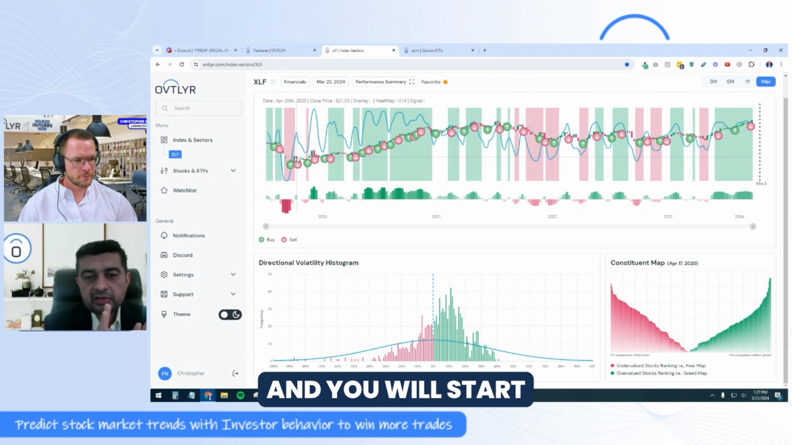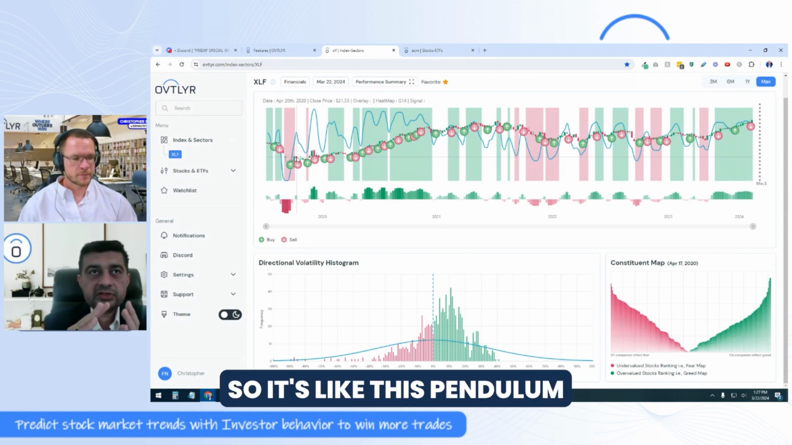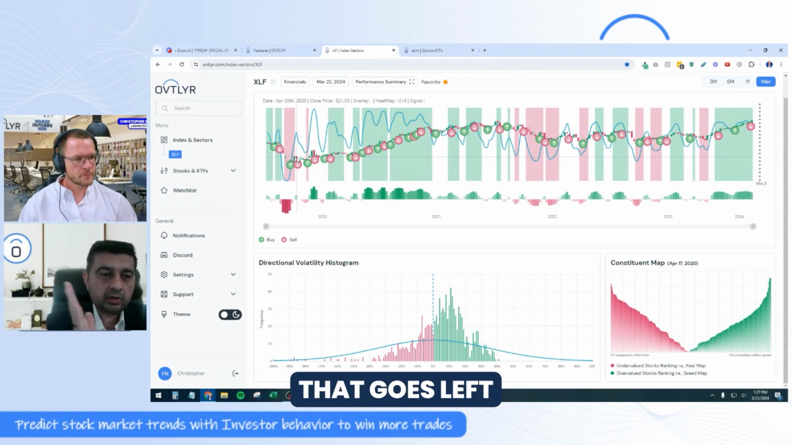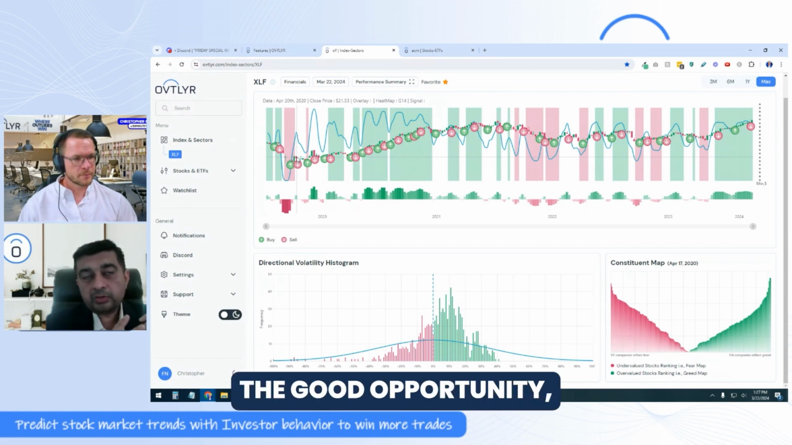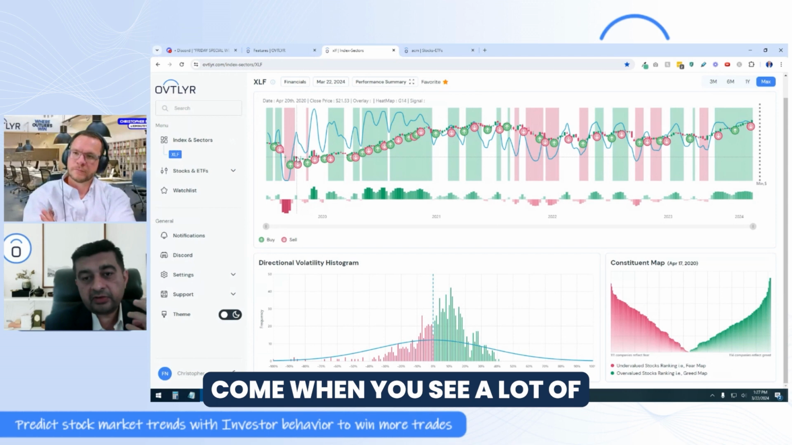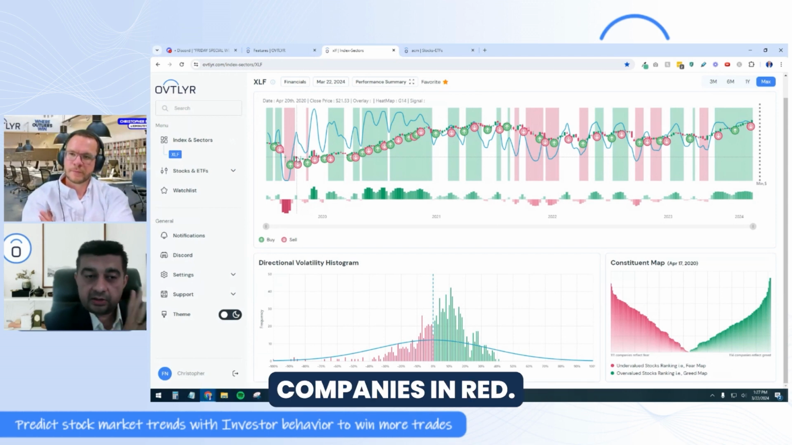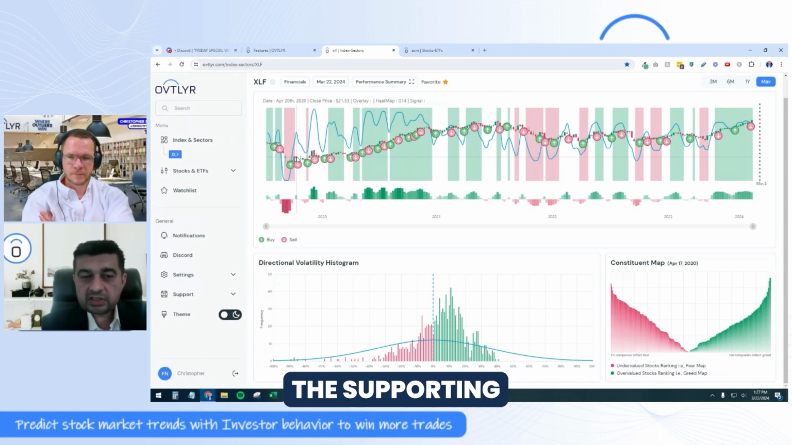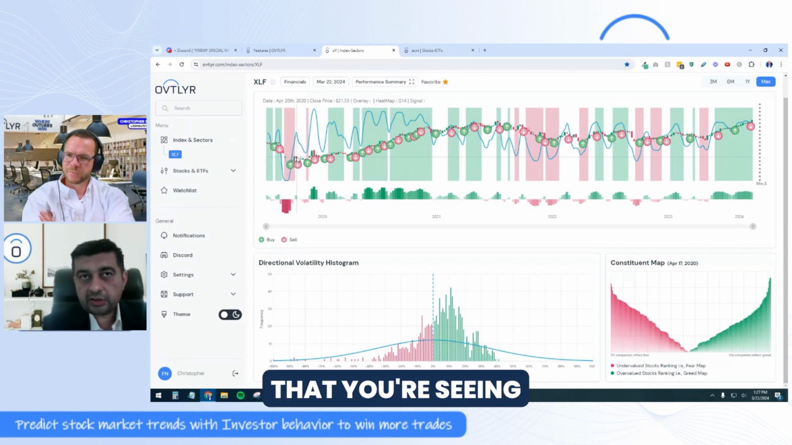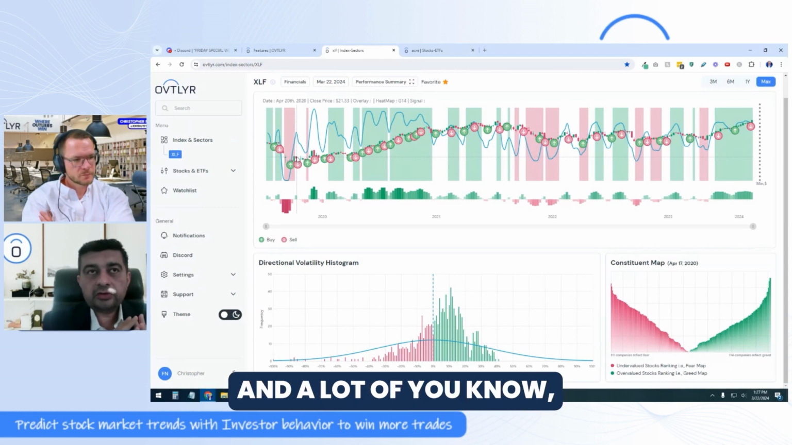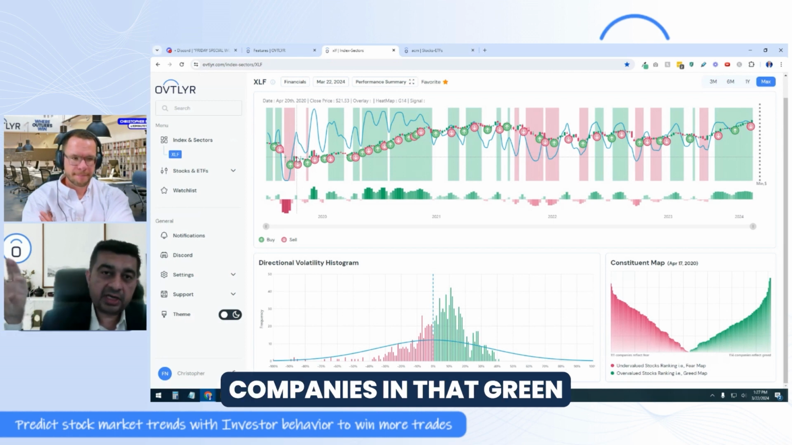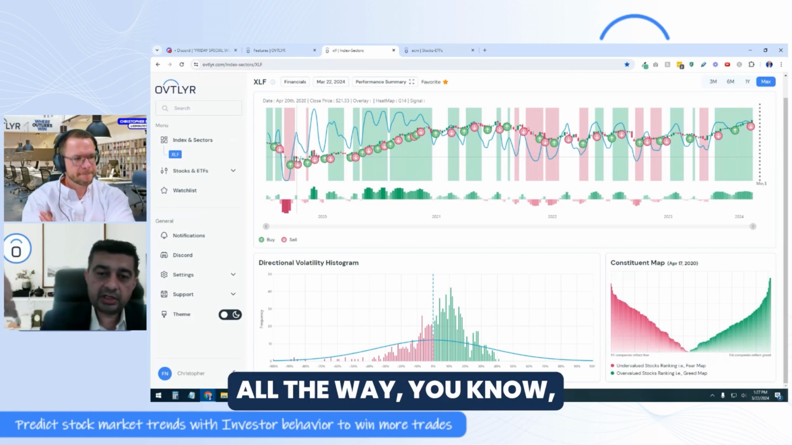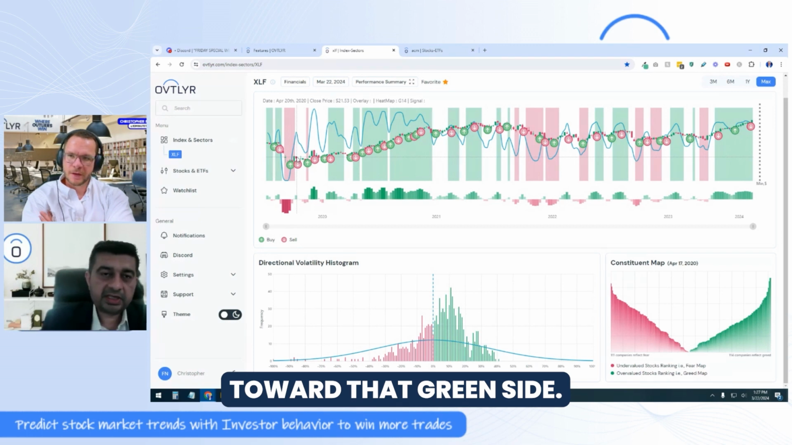And you will start seeing this shift. So it's like a pendulum that goes left to right, right to left, and especially the good buying opportunity comes when you see a lot of companies in red, and of course the other supporting data points that you're seeing. And you need to be very careful when there are too many companies in that green, and if it is tilted all the way toward that green side,